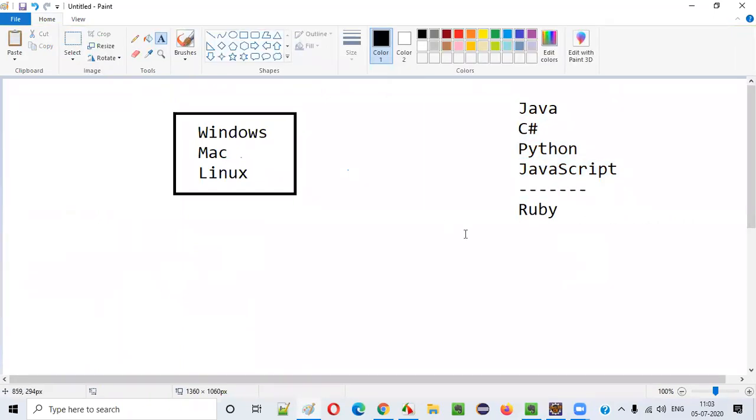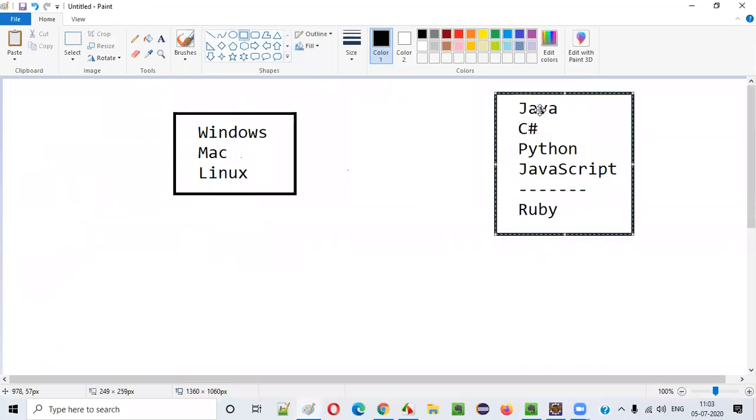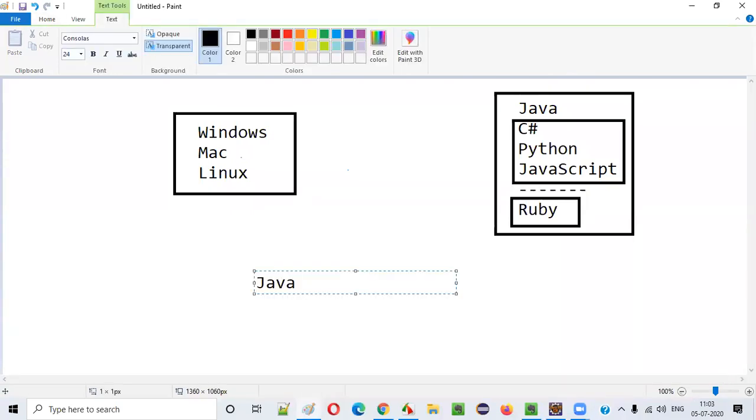With my experience, whatever I have seen in projects, I see a lot of people in the bucket of Java, and a considerable number of people in C Sharp, Python, and JavaScript, and some projects even using Ruby. This is how I see the programming language impact. Even though Selenium supports many programming languages, this is what I see. So guys, a lot of people ask me whether they have to start learning Selenium with Java or Python. You have to learn Selenium with Python or Java.